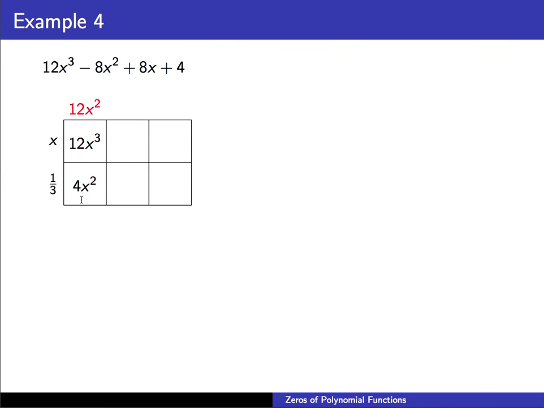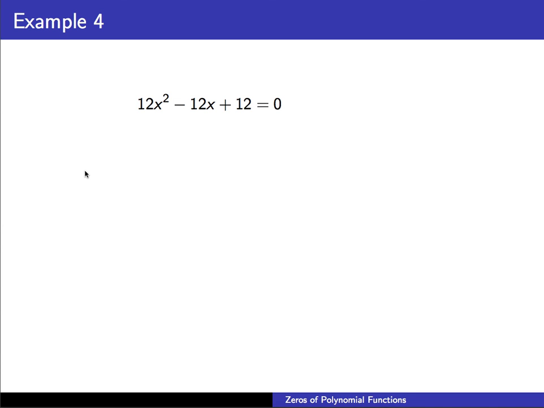12x squared times a third is 4x squared. We have to add 4x squared and negative 12x squared to get negative 8x squared. Negative 12x squared divided by x is negative 12x. Negative 12x times a third is negative 4x. We have to add negative 4x and 12x to get 8x. 12x divided by x is 12. 12 times a third is 4. Everything combines. If we check 12x squared minus 12x plus 12, if we evaluate that at x is equal to